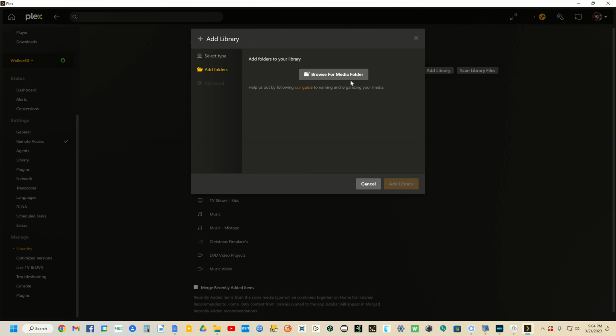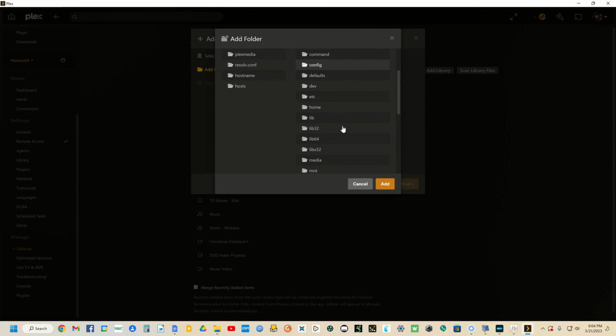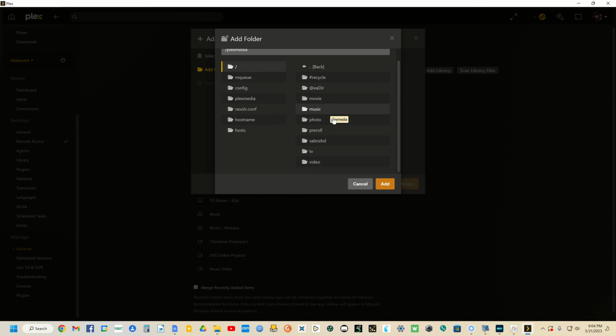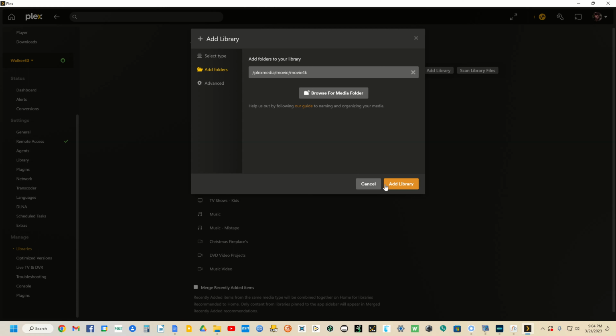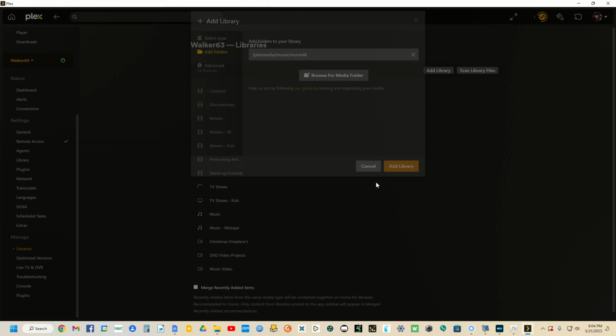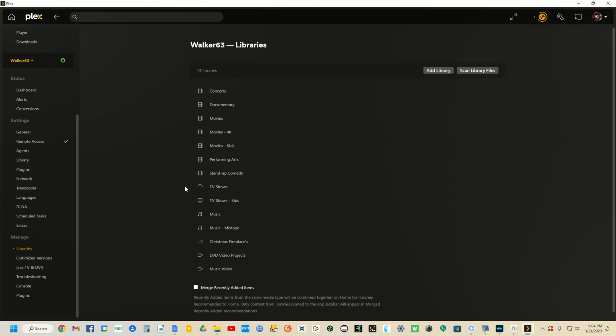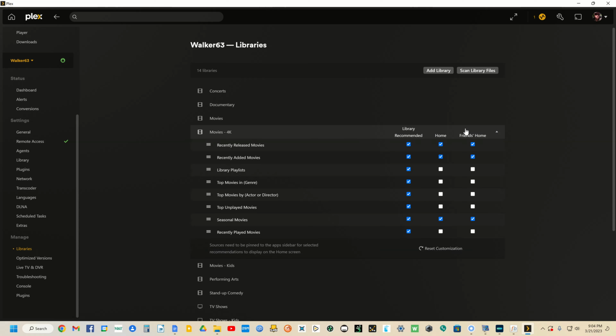and now next. And now because Plex is in a Docker, I can browse to the fake virtual folder I set up that actually goes to the files, and I can click into movies, and I can click into the 4K, and I can add. And all I have to do is click the add, and Plex is going to start scanning them, and that will create a separate library just like this one. So if I go over to edit,